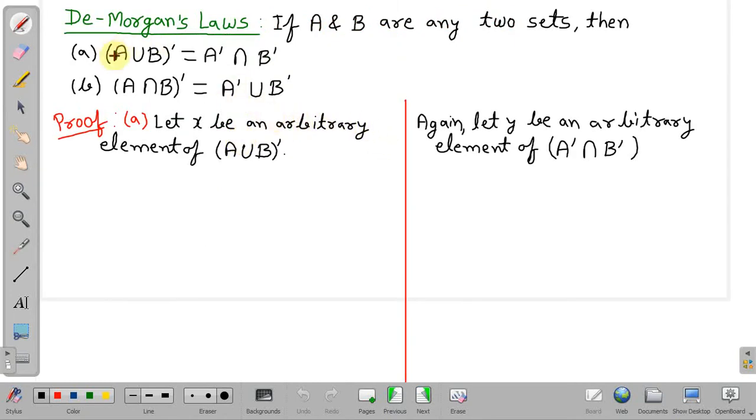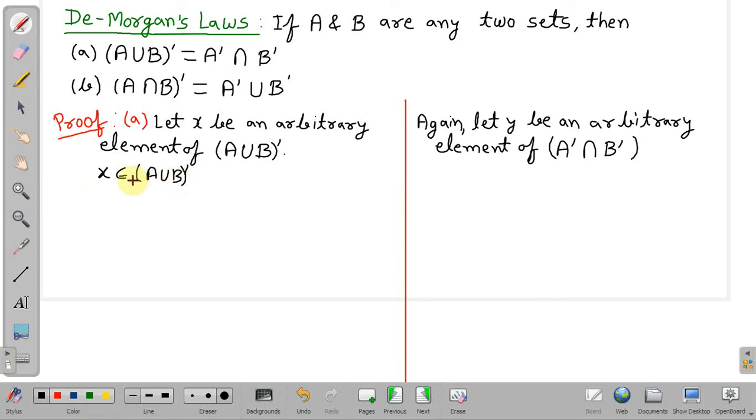So in this, suppose this is our set x and this is our set y, that is, LHS equals set x and RHS equals set y. So two sets we can prove equal by proving that set x is a subset of set y and set y is a subset of set x. Okay. So how can we prove it? See, suppose we assume x to be any element of (A union B) complement. So we can write x is an element of (A union B) complement.